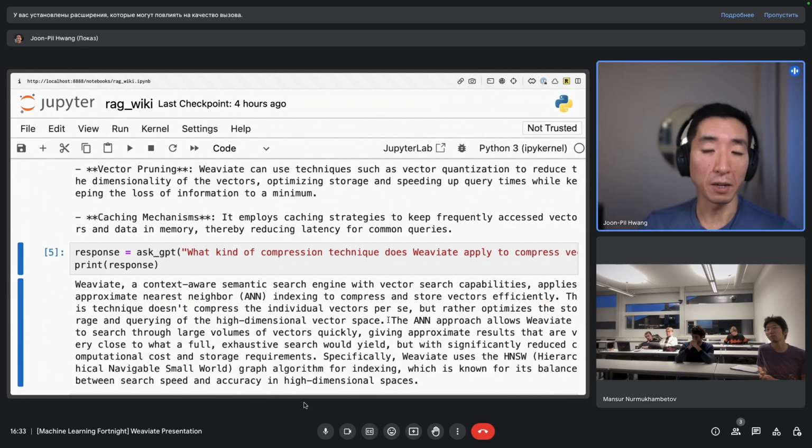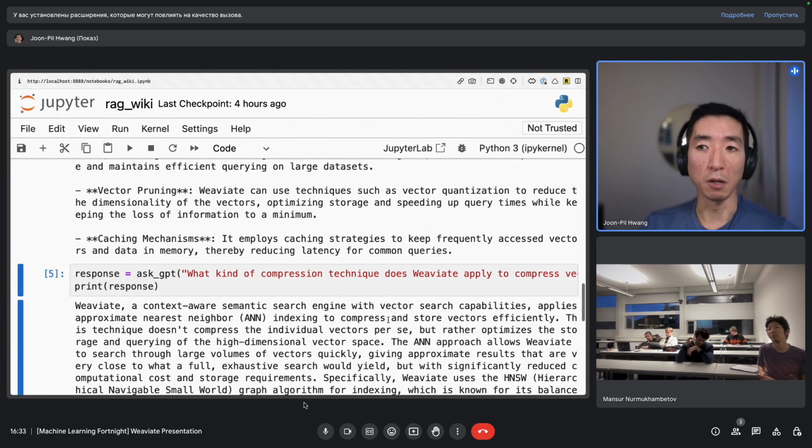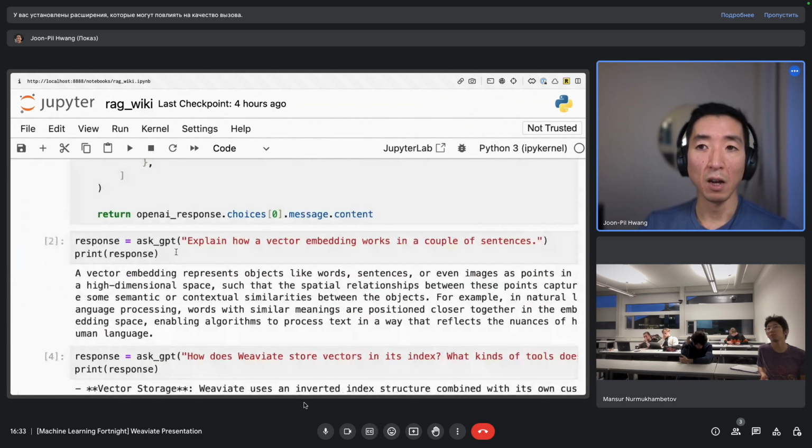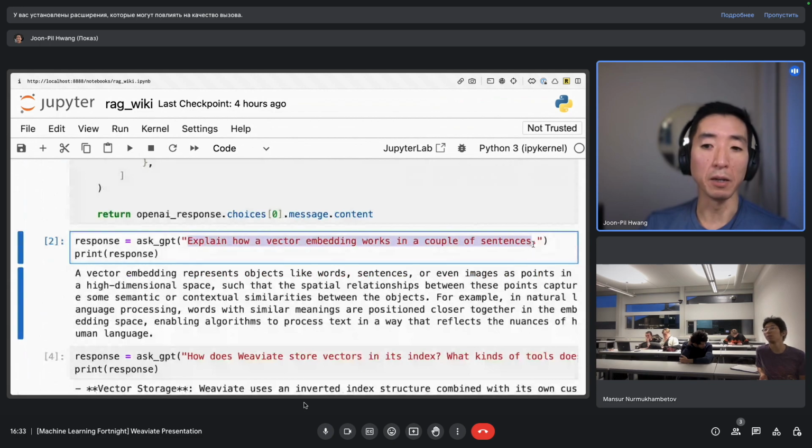And it could be quite correct or relatively reasonable. Like when I ask it, hey, how does a vector embedding work? Because there's a lot of information about this in its training corpus, right?